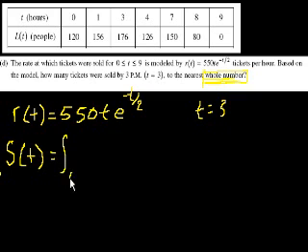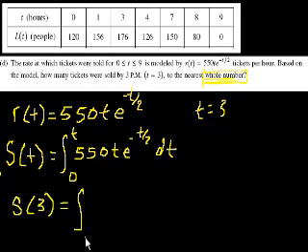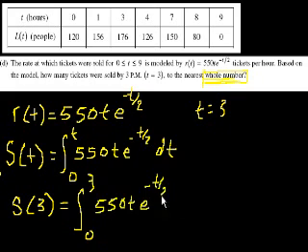It's between time equals 0 and t. If we want to know the tickets sold between time equals 0 and t, that is equal to the integral of the rate at which the tickets sold was changing. So that's equal to 550 t e to the minus t over 2 dt. And if we want to know how many tickets were sold at time equals 3, that's just equal to the definite integral from 0 to 3, or we could also view it as the area under this curve from time equals 0 to time equals 3, of 550 t e to the minus t over 2